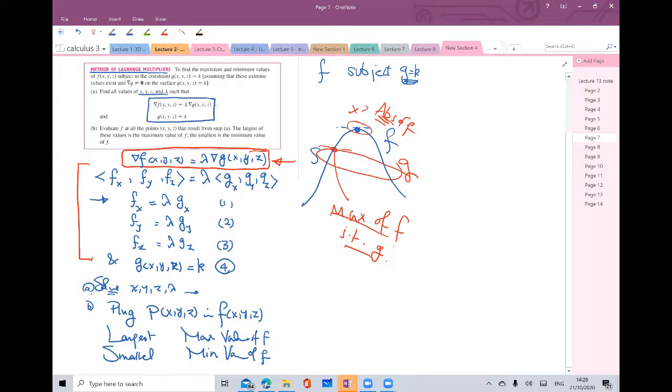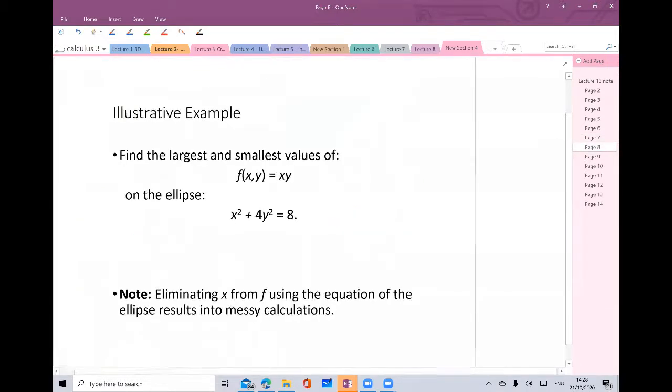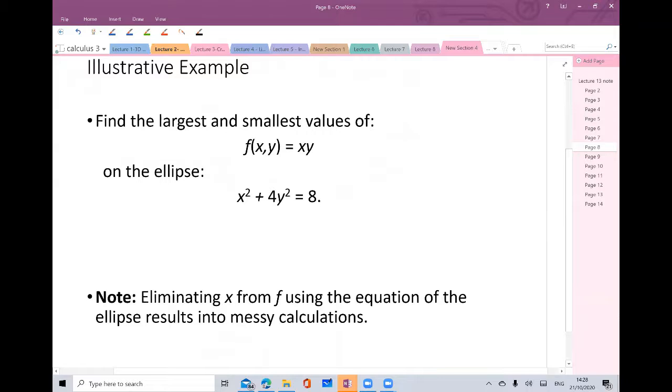But this is different from the problems that you took last lecture. Last lecture we were getting either the absolute or the local. This time I'm getting the absolute maximum, yes, but subject to a specific condition or constraint. Let's look at this illustrative example too, to make sure the idea of level curves